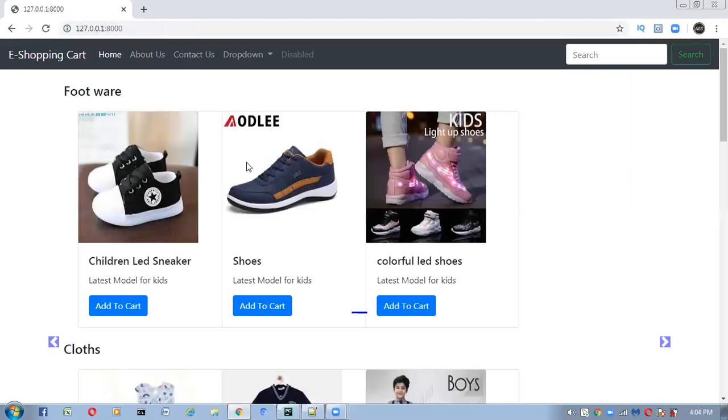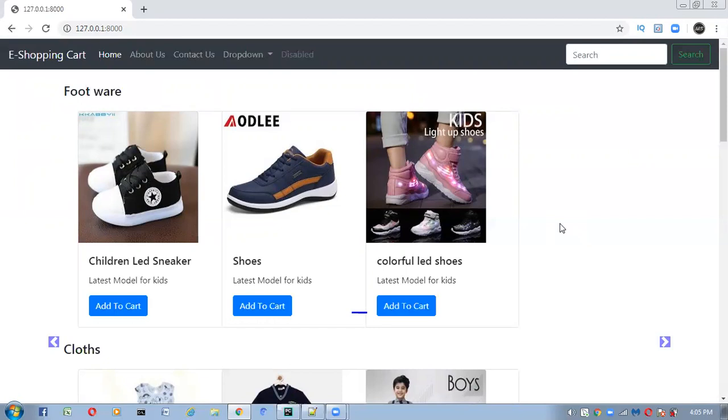Here is how we are getting the items inside the e-commerce website homepage, all the products like this. Now my requirement is to add multiple products in each category. Suppose here in footwear I add multiple products. Here we have only three, so it is showing only one slide.